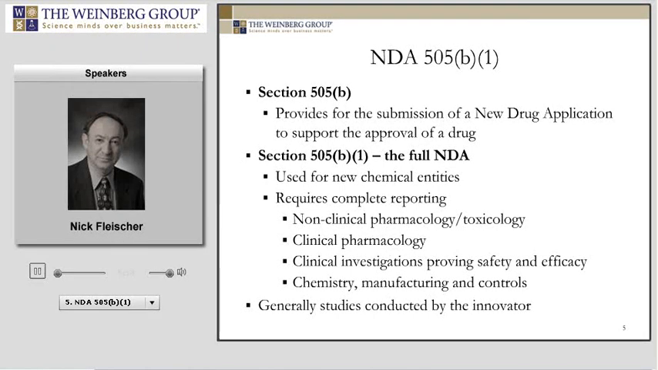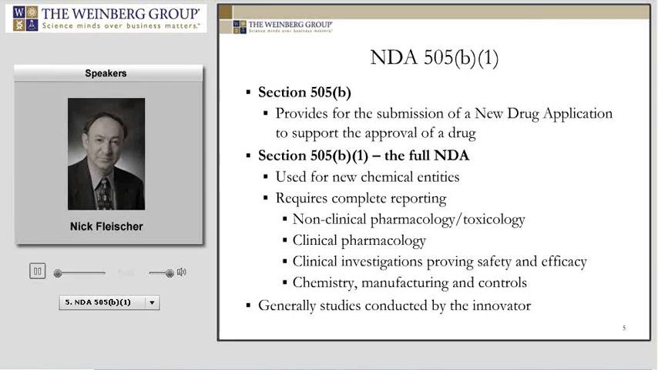It will require clinical pharmacology information, clinical investigations that prove the safety and efficacy of the product that is being considered in the application, as well as the chemistry manufacturing controls that will document that the product can be made to meet certain quality standards that the FDA would require. In most cases, these studies would be conducted by the innovator, or they would certainly pay somebody to do the